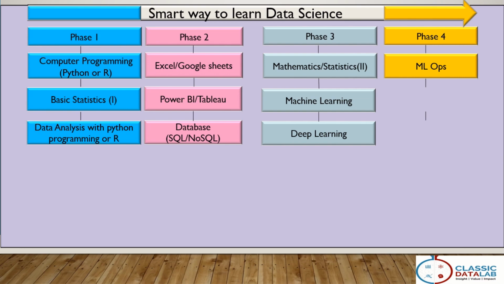We move on to phase 4. What should you cover under phase 4? Phase 4 is the phase that you are at the highest peak. You are now bringing returns, or you are now seeing the fruit of your labor in real time. Okay, so under phase 4, you cover ML operations, big data, and cloud computing. What is ML operations or MLOps? This is where you put your machine learning models, your deep learning models into deployment or into operation,